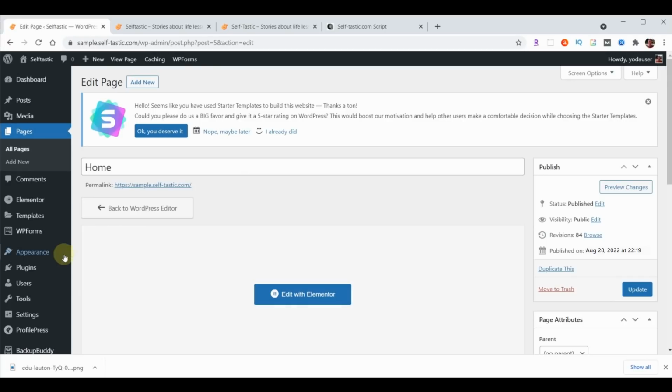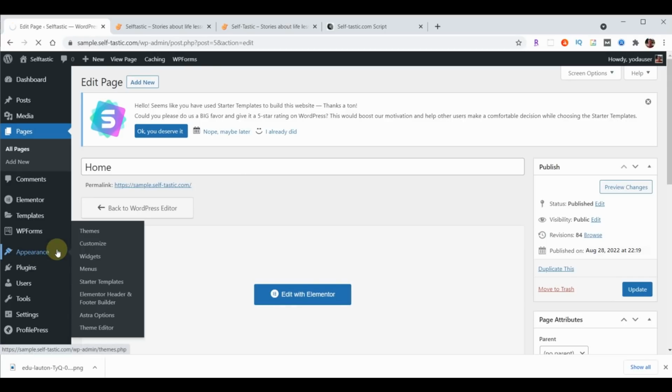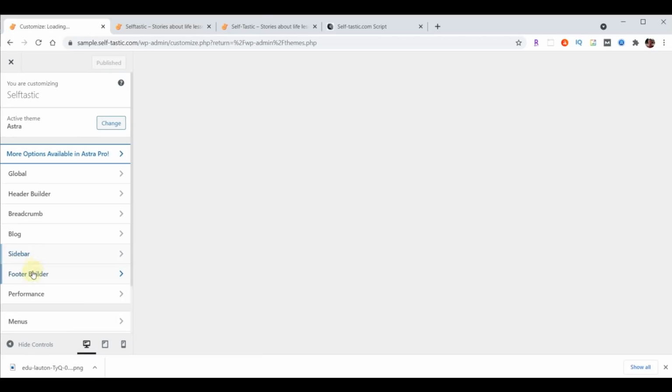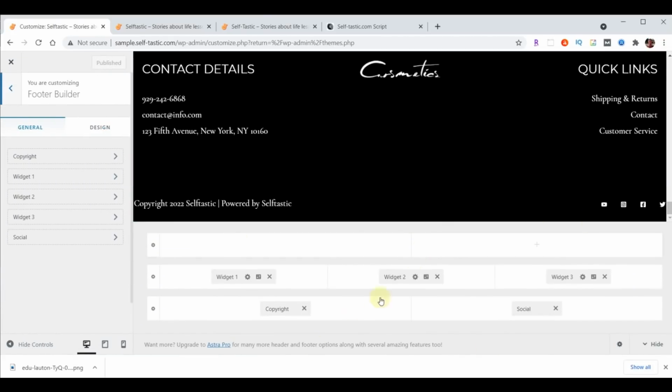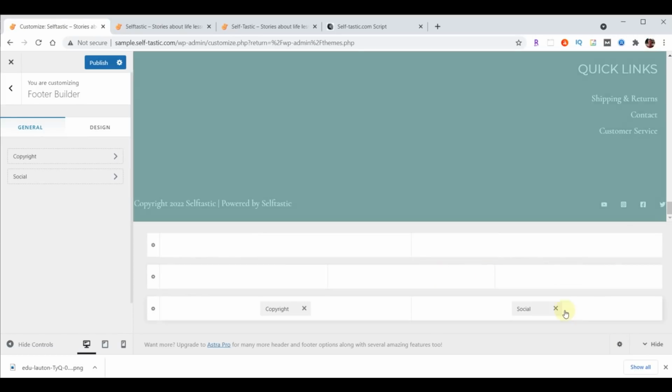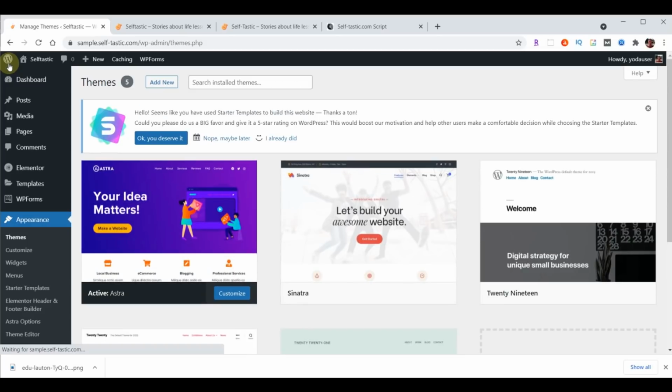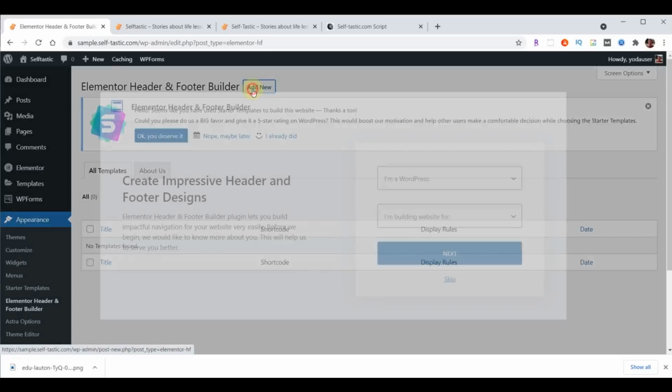So the first thing we're going to do is click on Appearance, Customize, footer builder, and then we're going to delete all the fields that are here. Now we'll hit publish, and we can exit out of that. Now we're back at our dashboard. Now under Appearance, we're going to go to Elementor Header and Footer Builder. We're going to choose Add New,